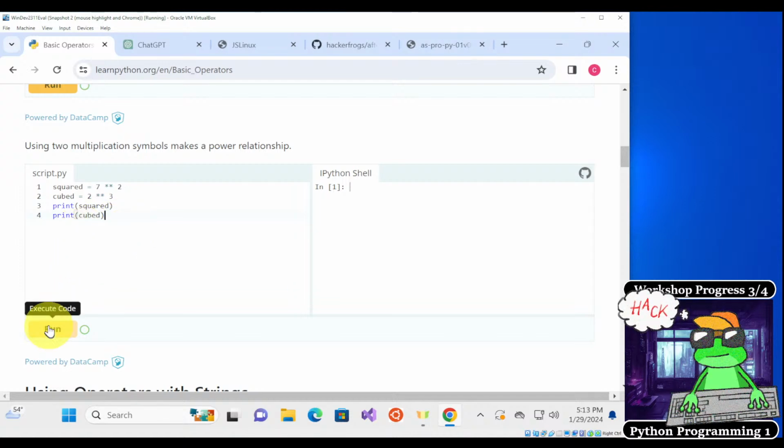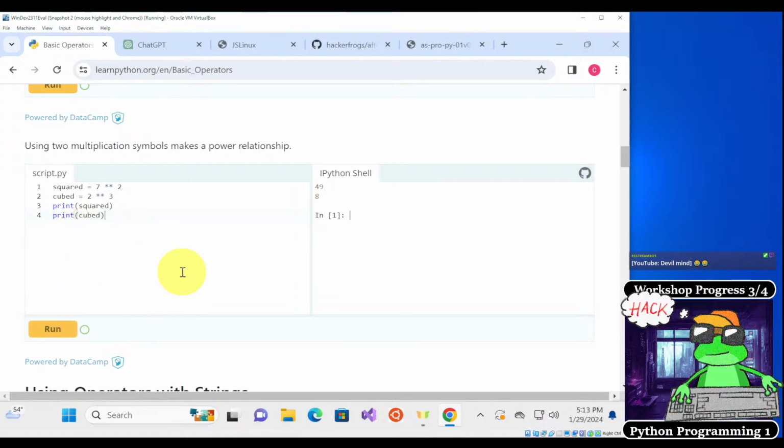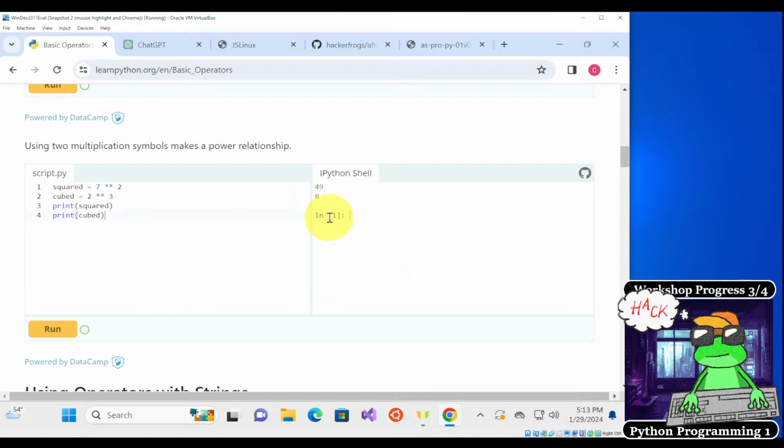So we print these. Okay, Gina Griffin says, I feel that calculators are our friends. Well, this is why we invented computers, because computers are a lot better at doing math than we are. Okay, so 7 squared is 49, and 2 cubed is 8.